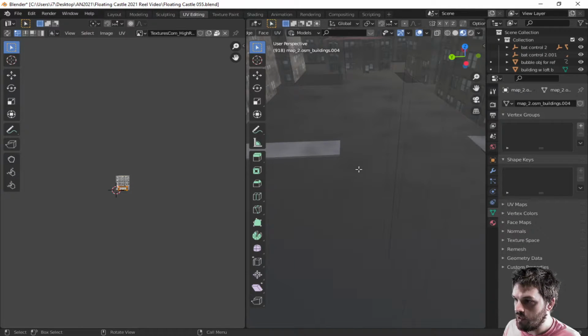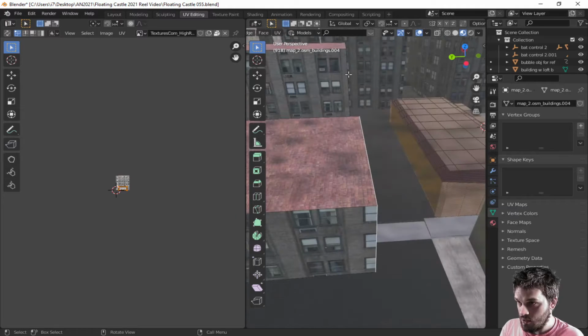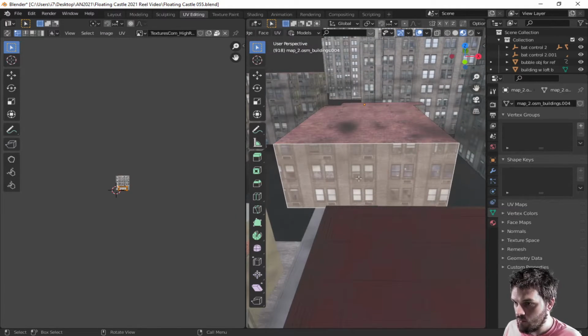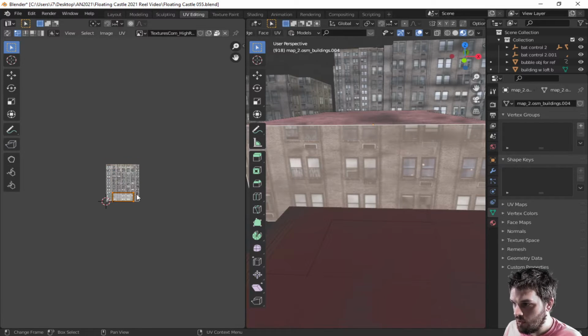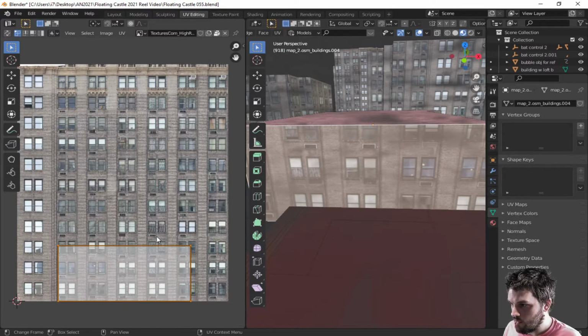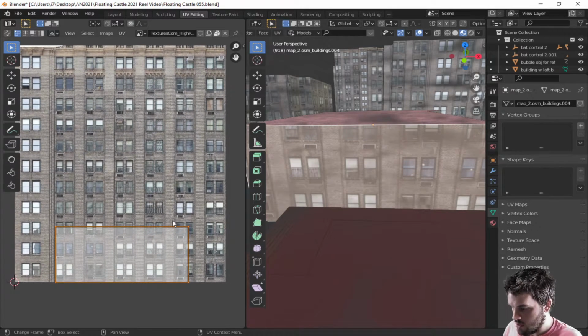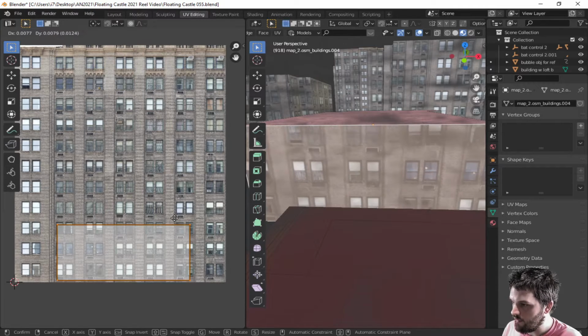Let's go to UV editing, hit that dot so I can work with what I am working with. Words, you know, they're hard. I think I stole that from